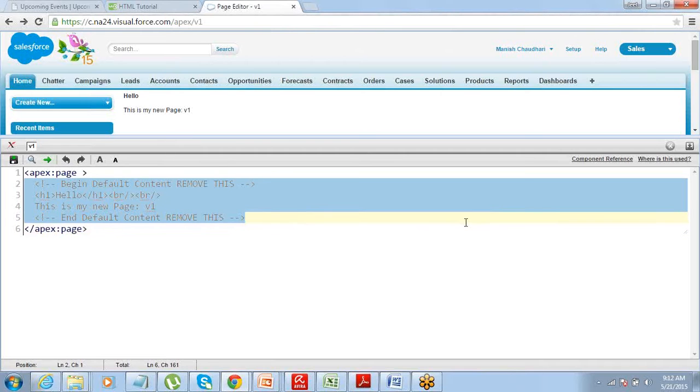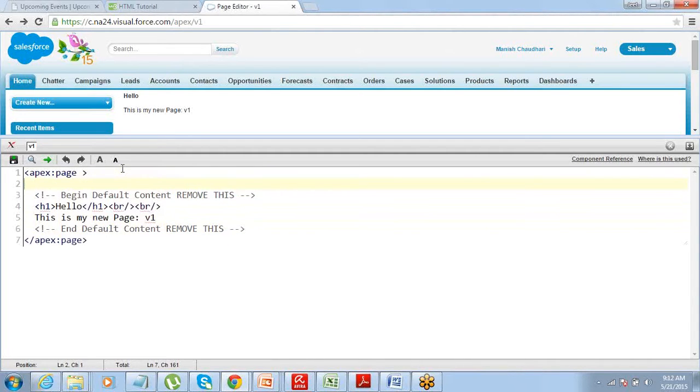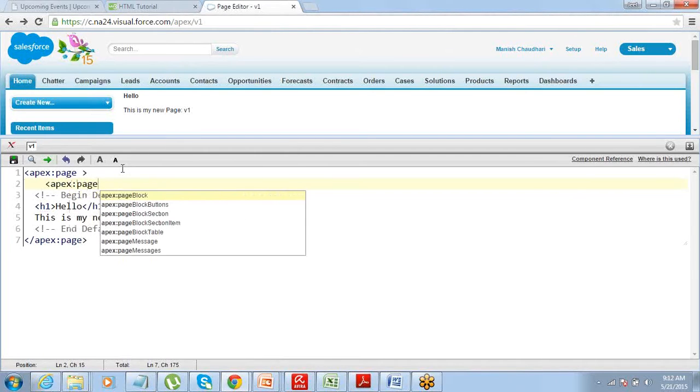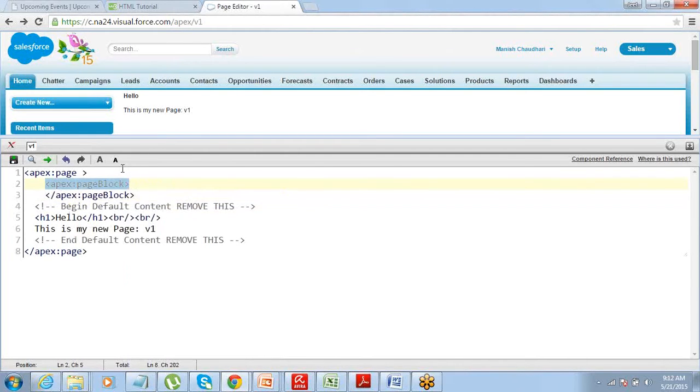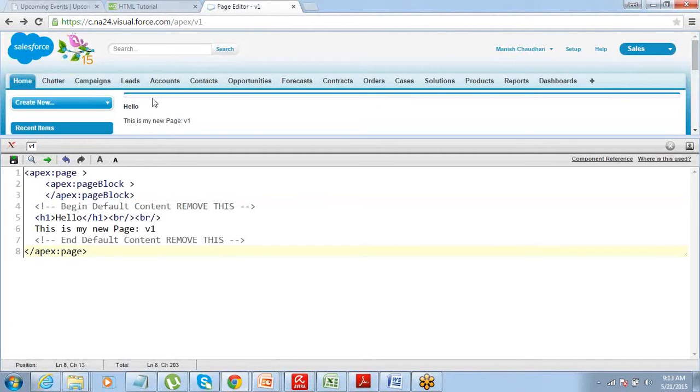So you have to have this component. Apart from this, in case you want to bring in something else, you can have components for those as well. For example, there's another component called apex:pageBlock. See, it has a start and it has an end. When you call this component, it creates a small block in the page. See, it's already created that block.